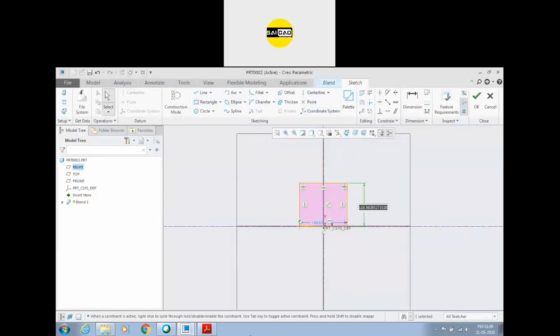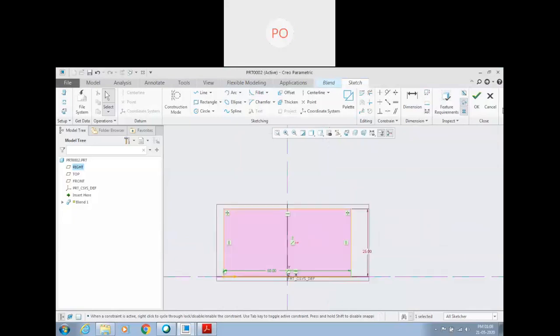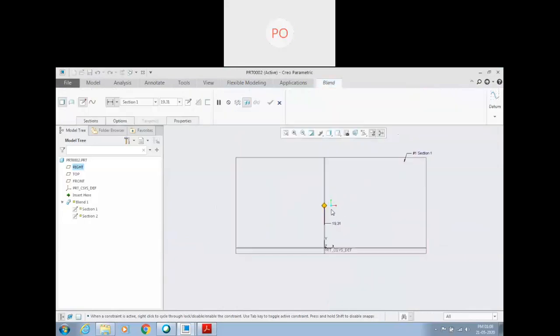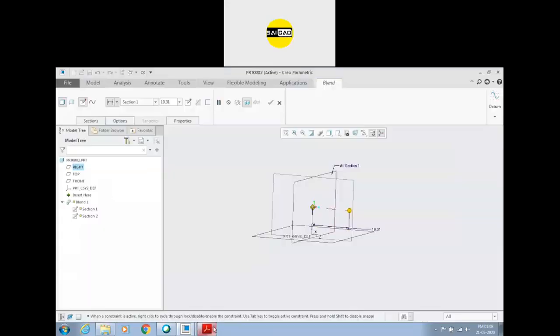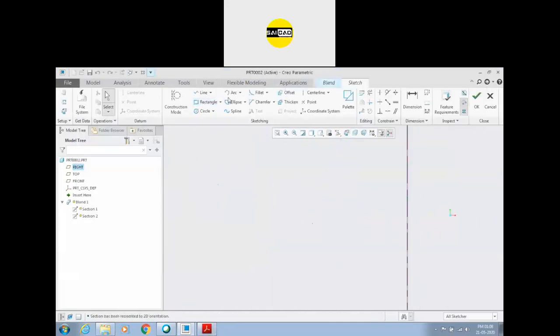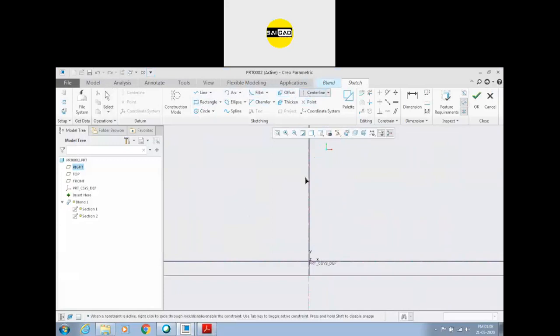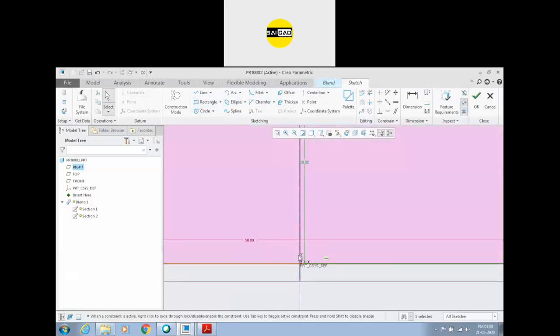So we have the height here, that is 25 by 50. This is 50. Okay, complete. And now we have to shift. So we have the total value of 100. So we are going to create the next sketch at 50. Go to the sketch and create a shape. Again, use some references, center line. Create a rectangular shape like that. This has the value of 50 by 30.